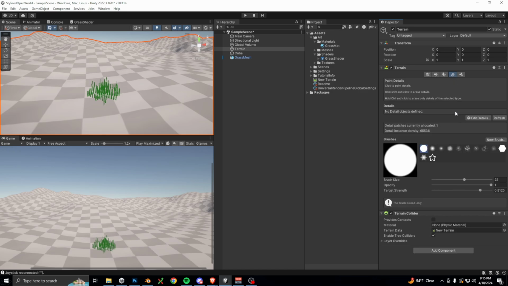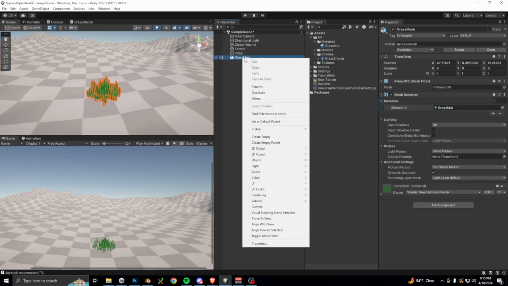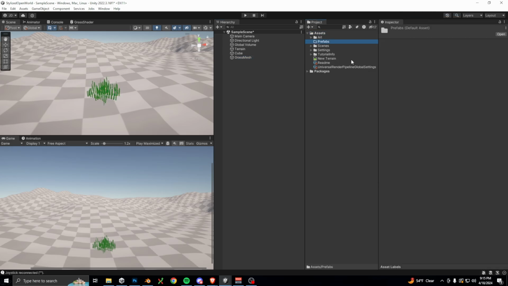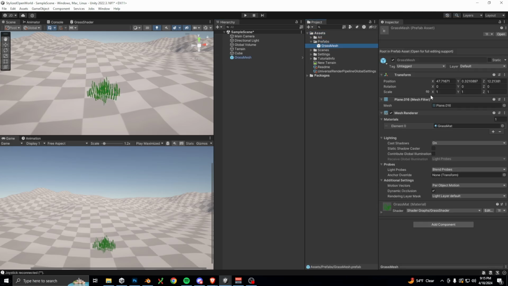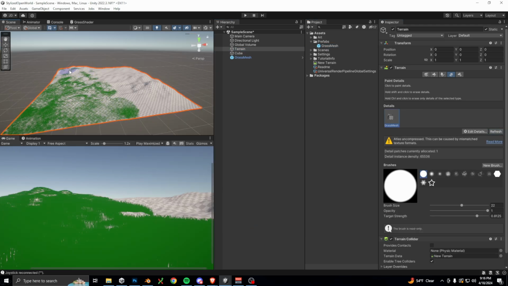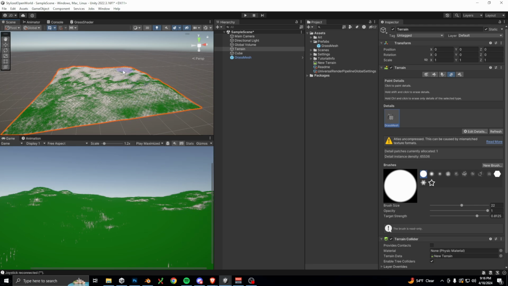Next, go into Detail Painting tab. We're going to create a grass mesh prefab by unpacking our grass mesh. Then I'll just make a prefabs folder and drag this on in. And now we can add in a detail mesh to our terrain. So then drag in your grass mesh prefab, take any brush and just paint over the whole terrain. And it's not really going to look very good yet, but before we go any further,